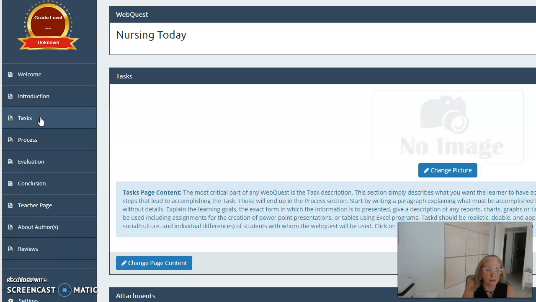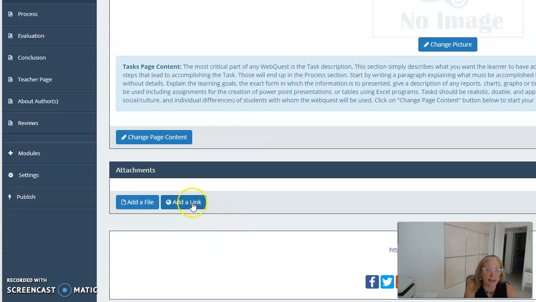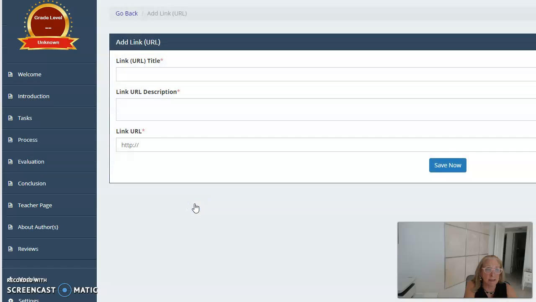I also suggest that you do this in chunks. If your WebQuest is related to the history of nursing, you might talk about certain years, 1817 to 1850 or whatever, and then do it in chunks so students aren't overwhelmed by the lists of things to do. You also want to make sure that when you add attachments, you do this down here. You see this where it says add a link, or you can add a file directly from your computer, but if you're going to add a link,